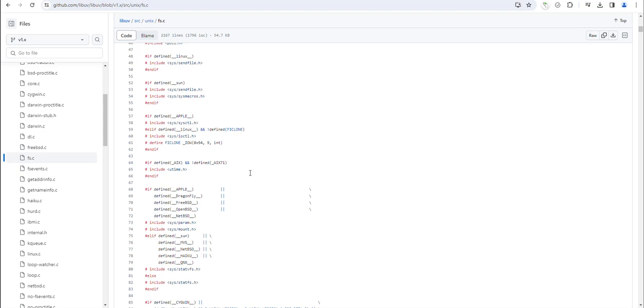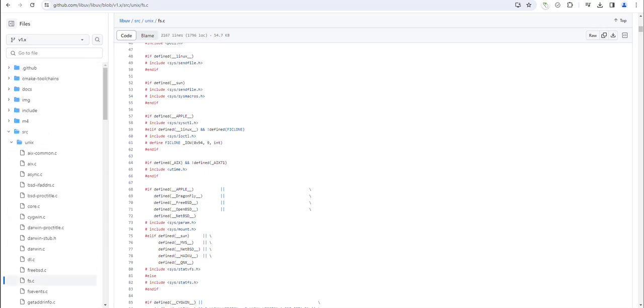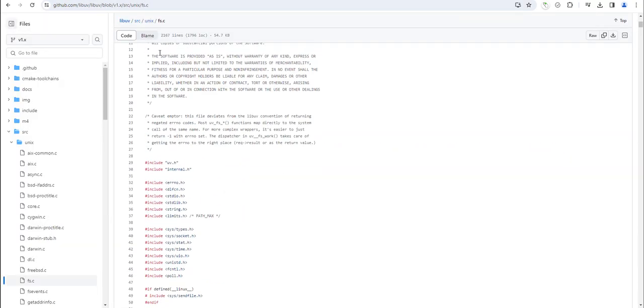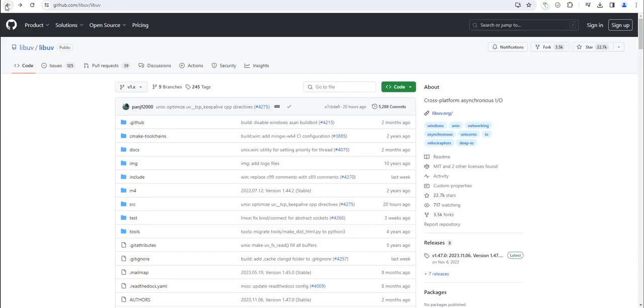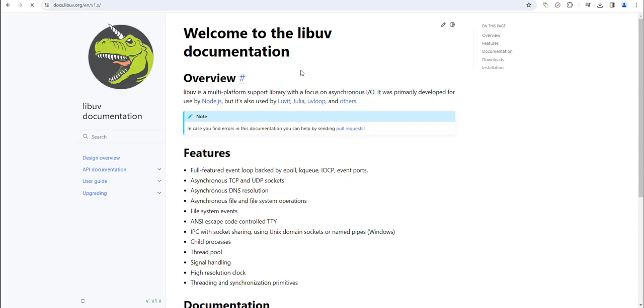But generally speaking, understanding how Node.js actually does things is interesting, because libuv has been around and it has multiple implementations and bindings in multiple languages. This is not JS and this is libuv. If we go back a little bit and check out the documentation, we will be able to see different